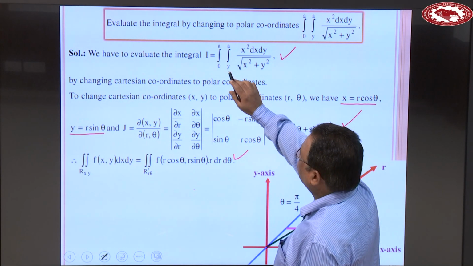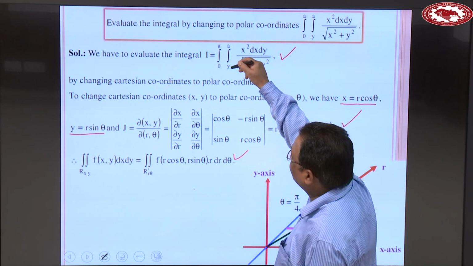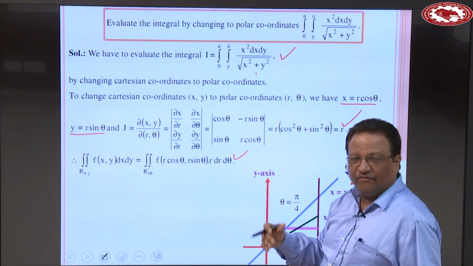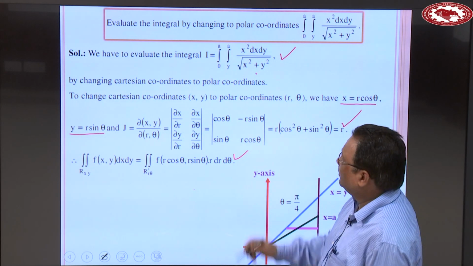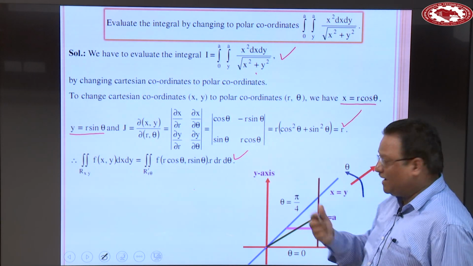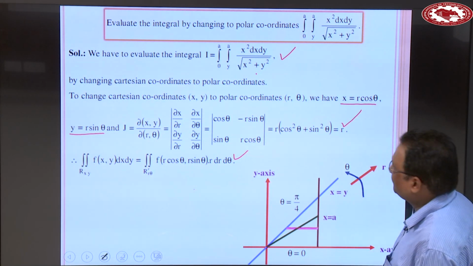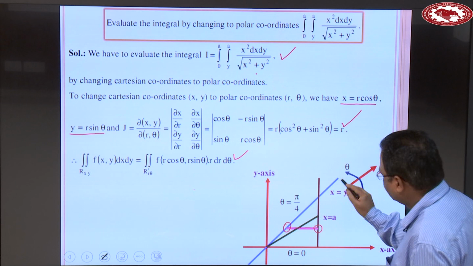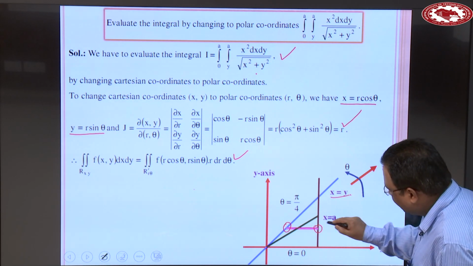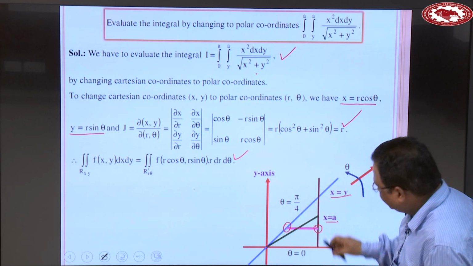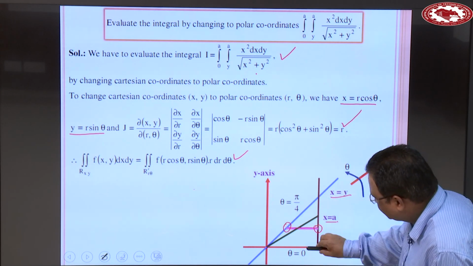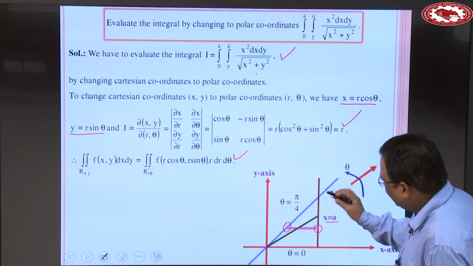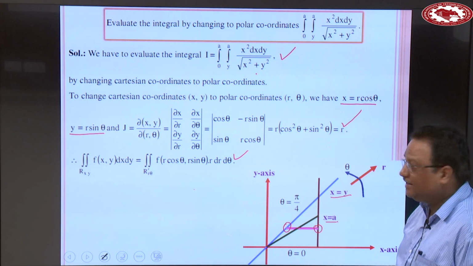Here these two are the limits of x, and these are the limits of y, so this means x1 and x2 are given. This means dx first and dy second: first integrate with respect to x and then with respect to y. Integrating with respect to x means that the strip is parallel to the x axis. Now from x1 to x2, x1 is y and x2 is a. And this strip slides from this point to this point, means y1 to y2, where y1 is 0 and at the point of intersection y2 is a. Clear? So 0 to a.